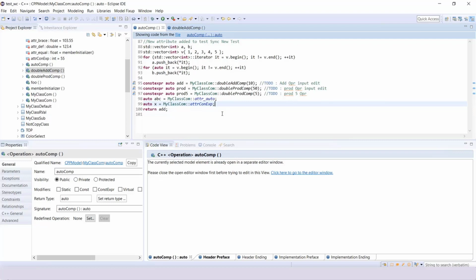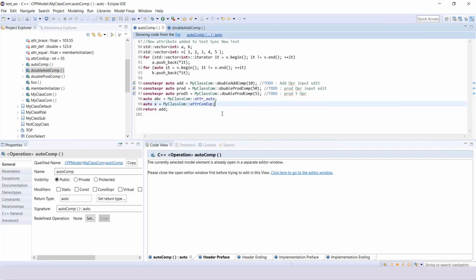So till now, the code view and code editor give us the view of the code snippet in isolation for the element that you have selected in the Project Explorer. But when you want a full view of the code that is part of a bigger code section or a large CPP file, then the CDT editor comes into the picture.